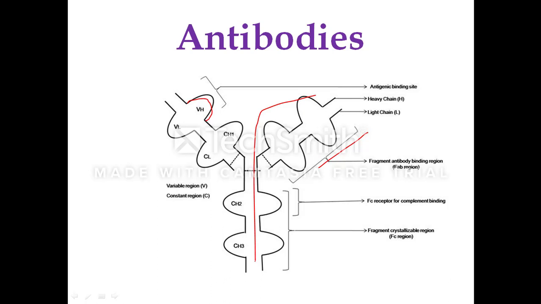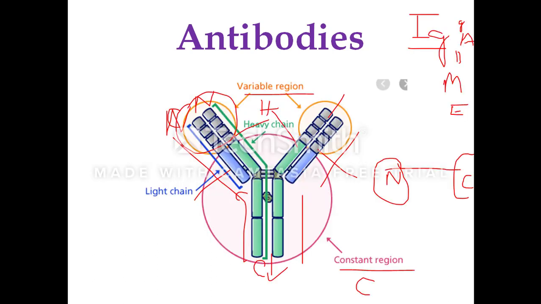In light chain, there is one variable region and one constant region. Whereas in the case of the heavy chain, the variable region is also one, comprising around 110 amino acid residues,